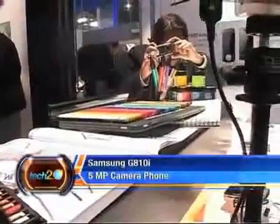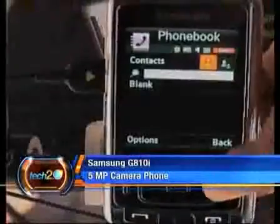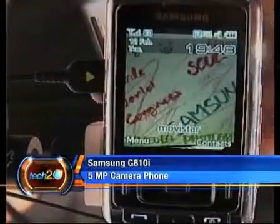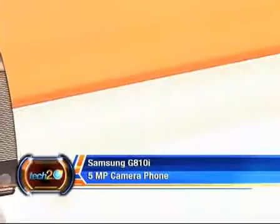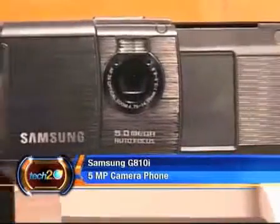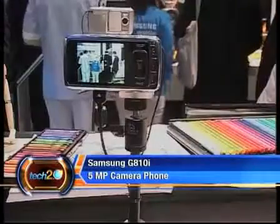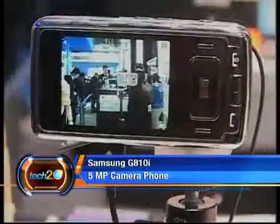Starting off the top 10 is the Samsung G810i. Let's tell you the most irrelevant feature first. It's 3G compatible, useless for us in India. But what we love is the 5-megapixel camera with, more importantly, optical zoom. That's right, 3x optical zoom and lots of other digicam-like features such as image stabilization, a full-fledged Xenon flash, panorama